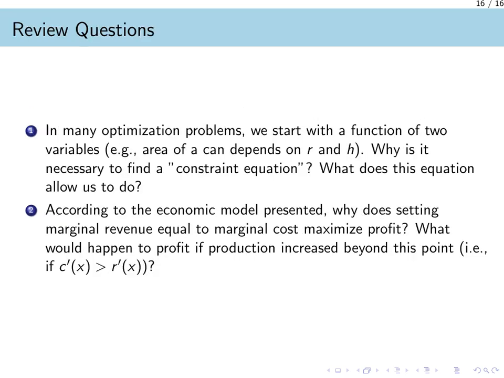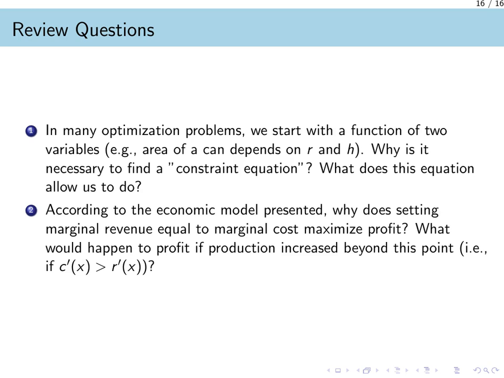Let us quickly review the two core strategies we have used to solve optimization problems. First, we often need a constraint equation because the quantity we want to optimize, like the volume of a can, initially depends on two variables, such as radius and height. The constraint, for instance a fixed amount of material, gives us a relationship between these variables. This allows us to rewrite our volume formula in terms of just a single variable, making it possible to find